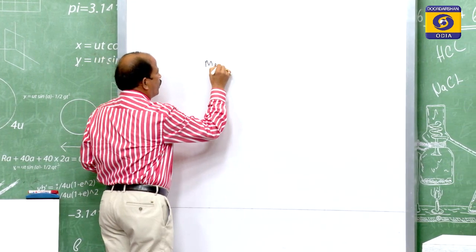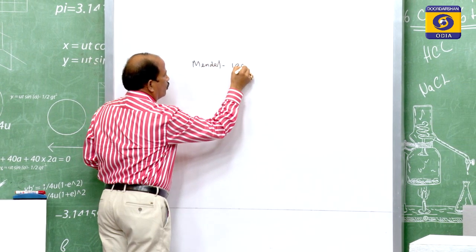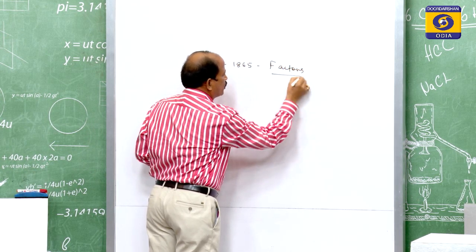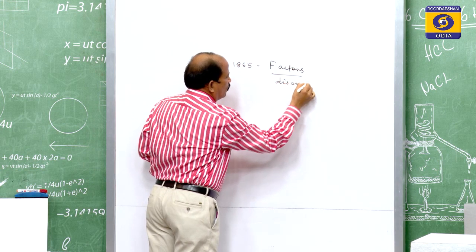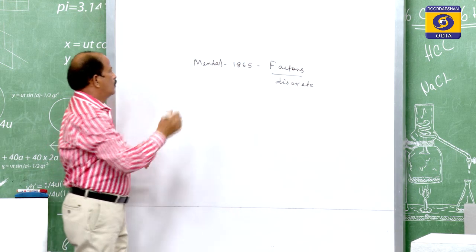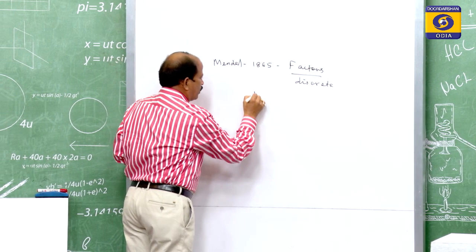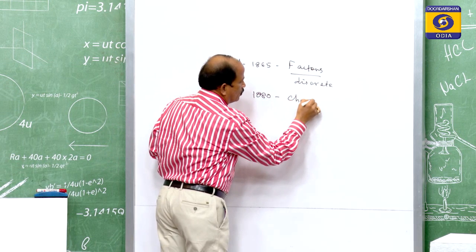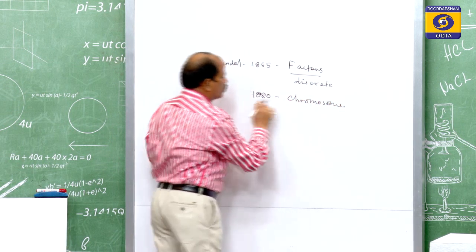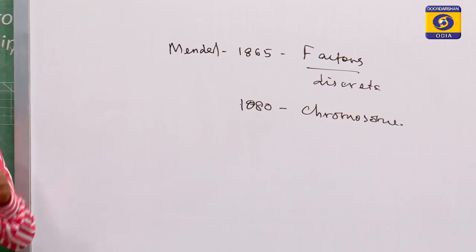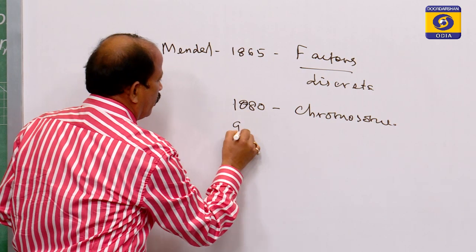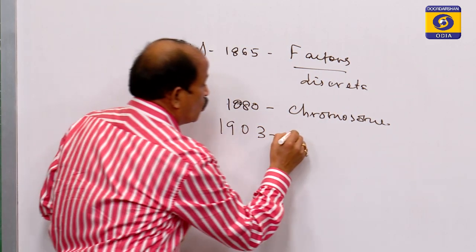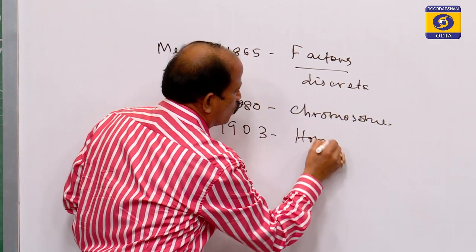Mendel in 1865 coined the term factor. So, these factors are discrete particles, but only towards 1880 were chromosomes discovered. So, discovery of chromosomes towards 1880. Then towards 1903 homologous chromosomes were discovered. That means chromosomes exist as homologous pairs,